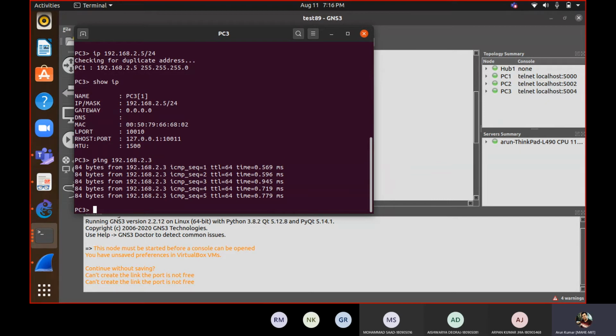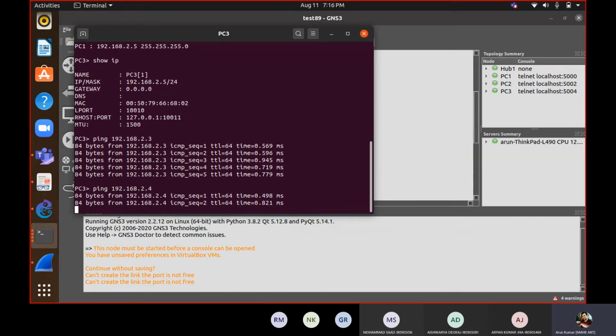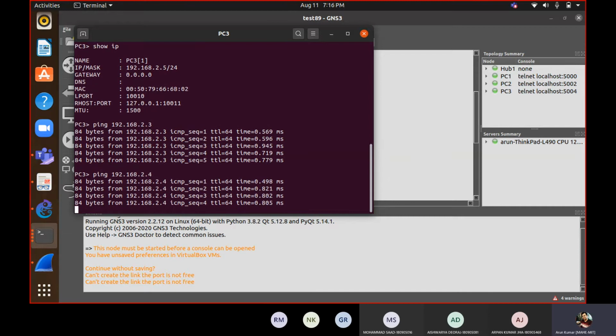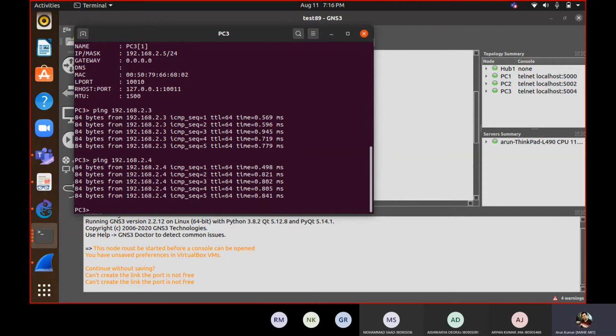So we don't have to check exclusively from .3 to .5, because from 5 to 3 we have already checked it, so backtracking facility is also available. Next we will ping .4, 192.168.2.4. There also there is connectivity, no issue. So our hub is working fine.